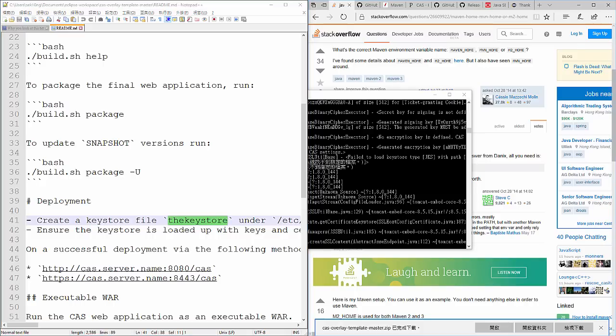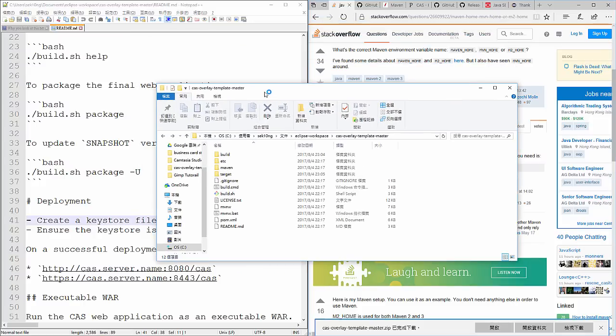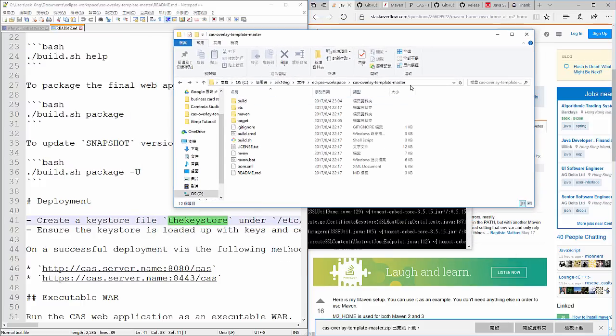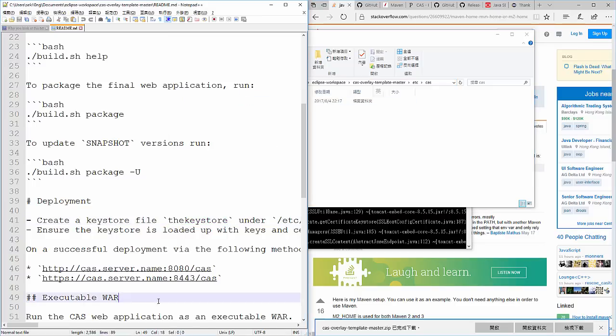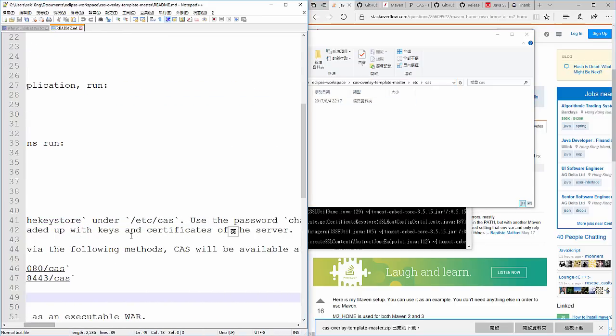If you don't mind, I will now quickly but slowly drag down my things, and I'll click into this and this, so you now know this is my main directory. Then I go to etc, go to cas. Now this is under the etc and cas, right?